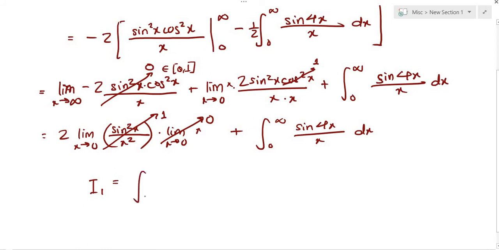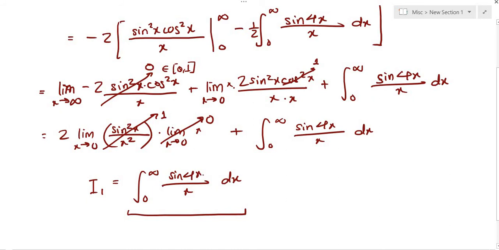So I1 is nothing but the integral from 0 to infinity of sine of 4x divided by x dx. Now to calculate this, we can't reduce the power of x further, because integrating 1 over x would now yield a natural log, which is highly undesirable. And we basically had a similar form, right? We had sine of x over x from 0 to infinity, the integral. We did that 2-3 videos ago. I think I had done that problem.